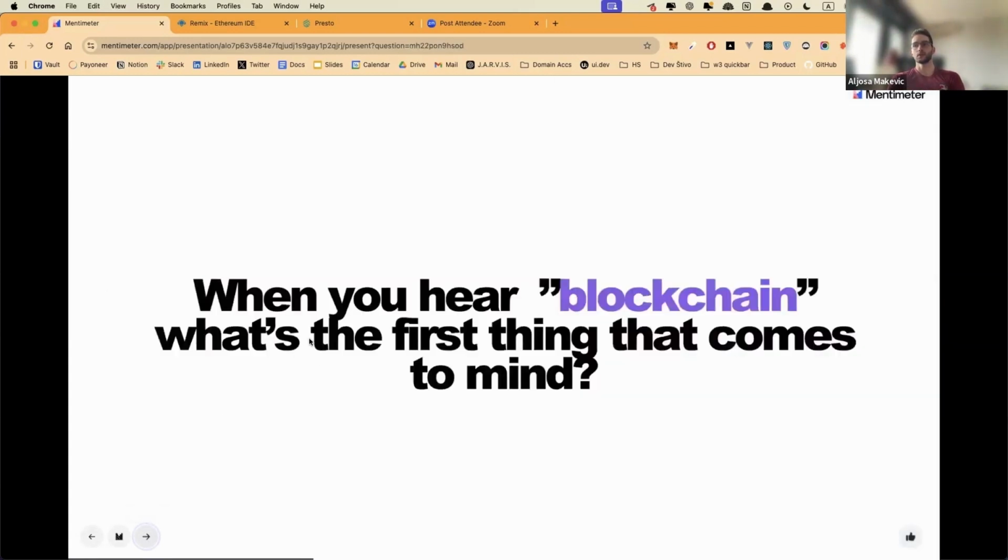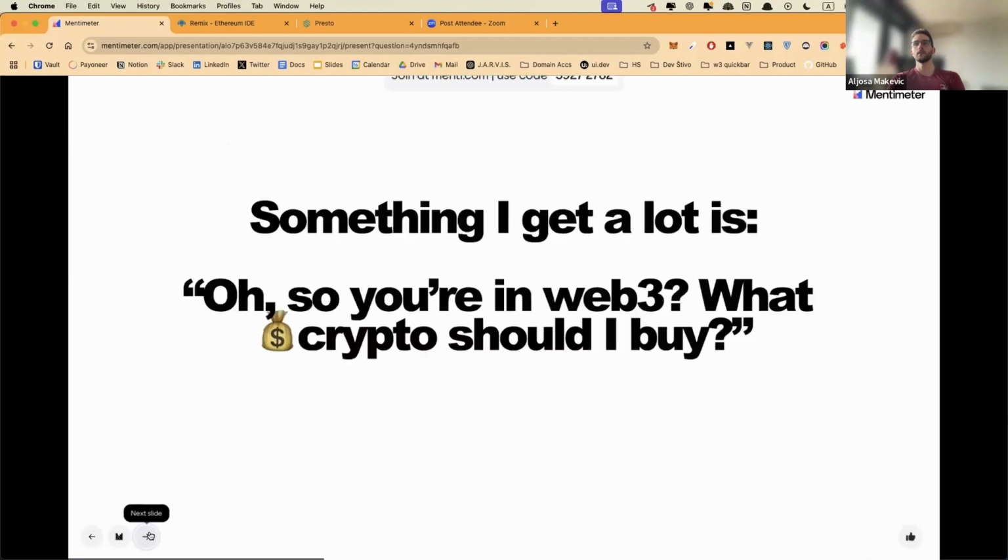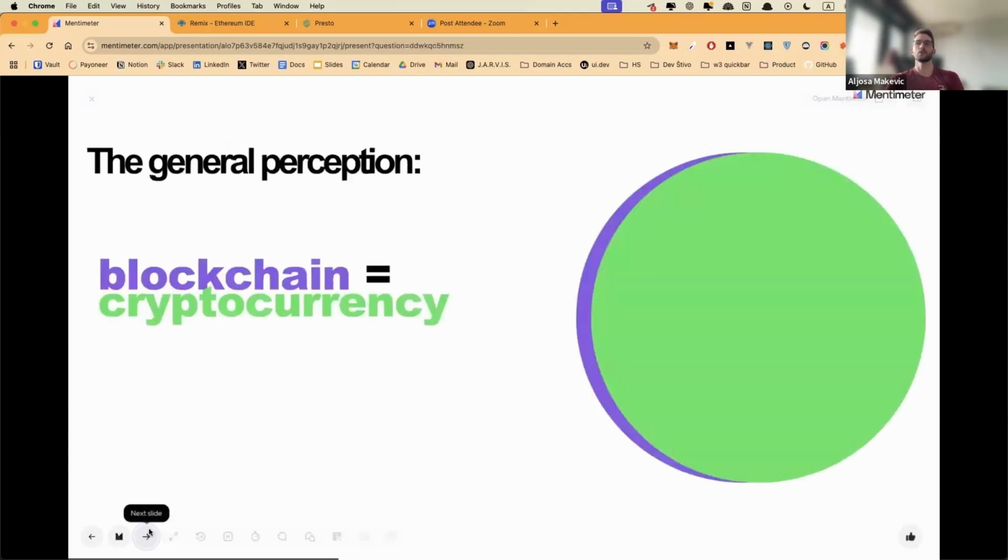So I ask you this: what do you think about when you hear the word blockchain? Something I get a lot as someone who is in Web3, from people that are not in the industry, is, oh, so in Web3, what crypto should I buy? Usually the perception is that the Web3 industry is cryptocurrency, and blockchain is cryptocurrency, and that it's kind of the same thing.